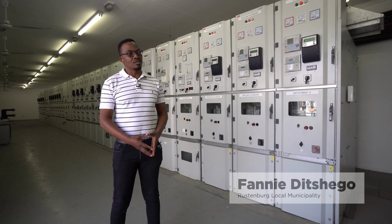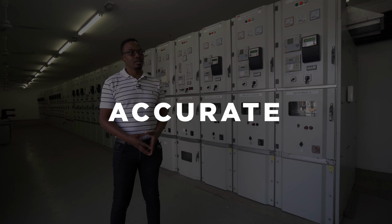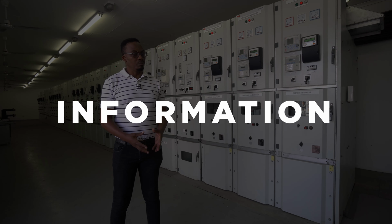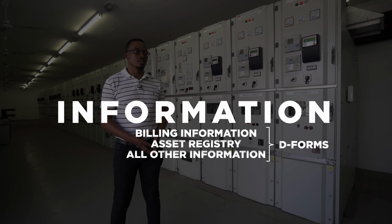In reality, these studies are complex and challenging. I think one of the biggest challenges to developing a cost of supply study is proper, accurate information. That will be your billing information, your asset registry information, and all other information that will typically come from your D-forms. A key challenge to having a quality cost of supply study is having a complete study or an audit